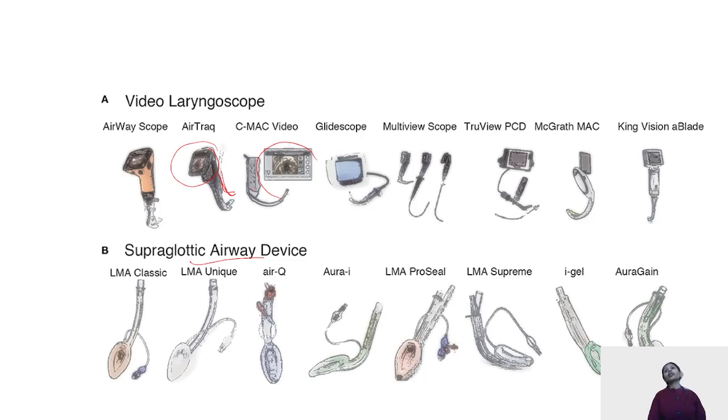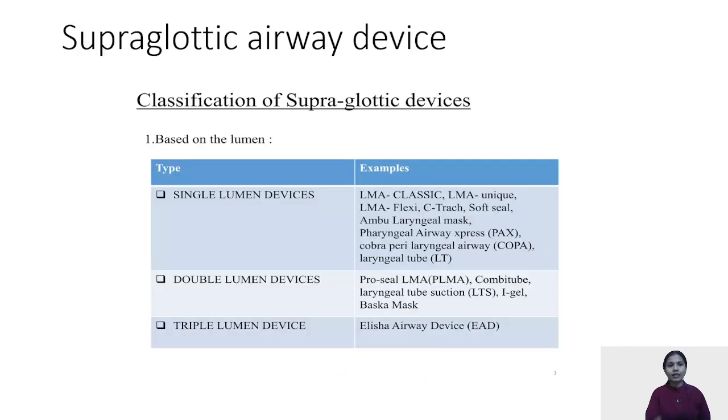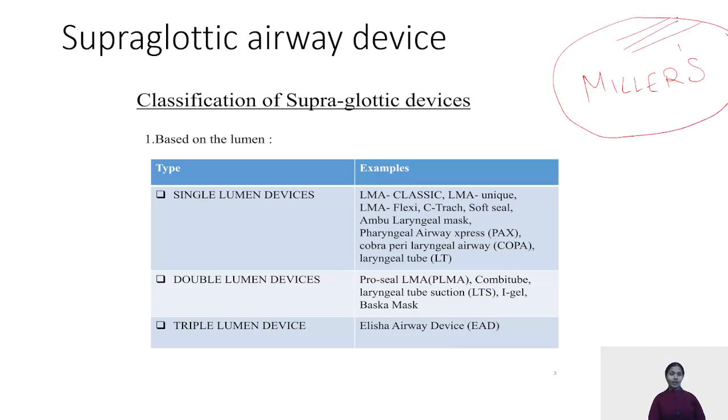The supraglottic airway devices are classified according to various classifications, but the most important, commonly asked classification is that of the first generation and the second generation supraglottic airway devices, which we will come to next. The classification is known as Miller's classification. If asked, Miller's classification is used to classify which airway equipment: your supraglottic airway device. Now, the devices can be divided upon the lumens or generations.